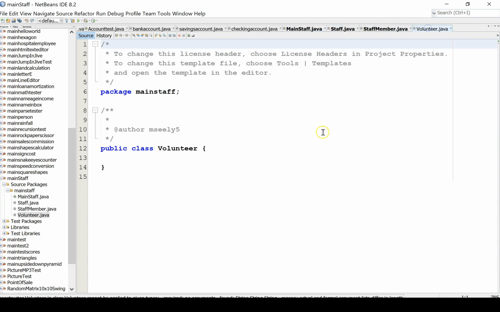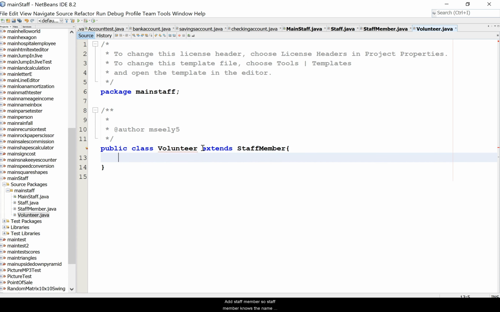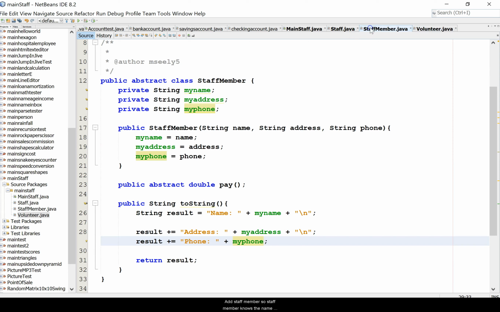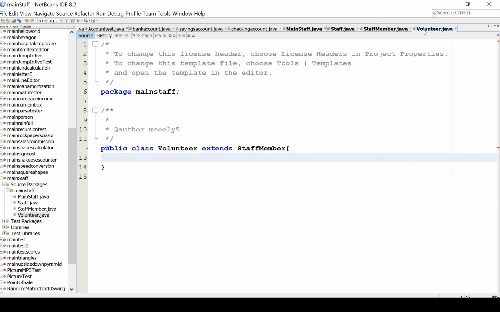Okay, so volunteer is going to extend the staff member class. Okay, staff member. So staff member knows the name, address, and phone number. So we want to be able to inherit all those in. All right. So we'll say